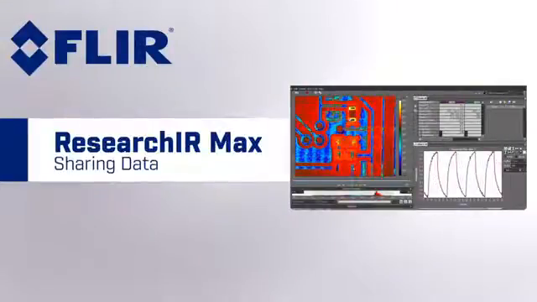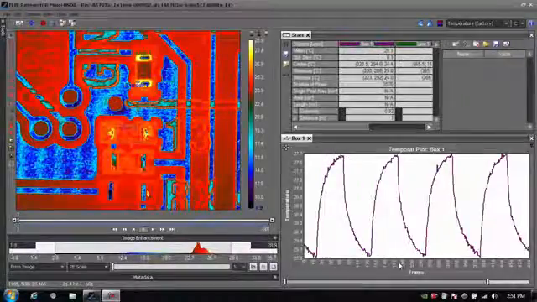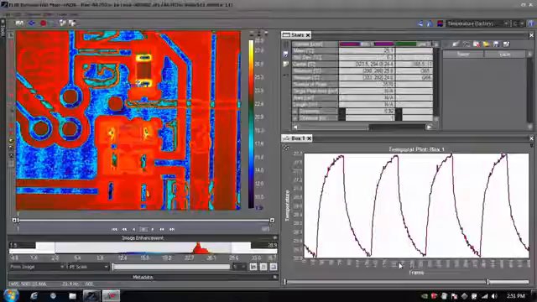The following is a tutorial on FLIR's ResearchIR Max software and how to share data. We've just finished recording some data, doing analysis, but now let's take a look at how to share data with